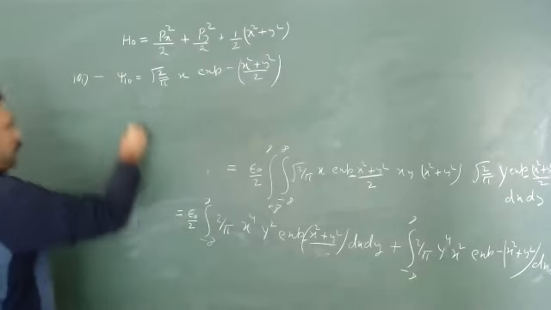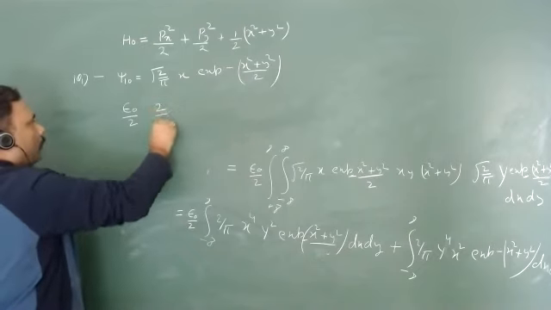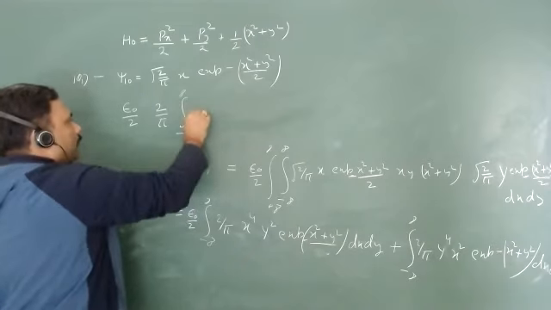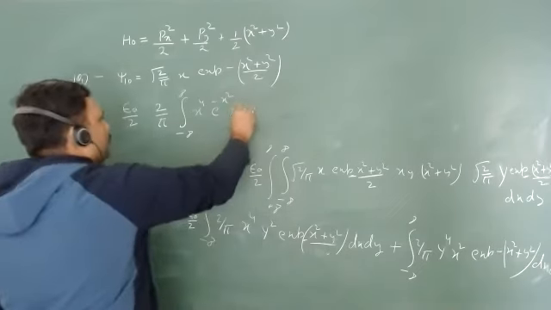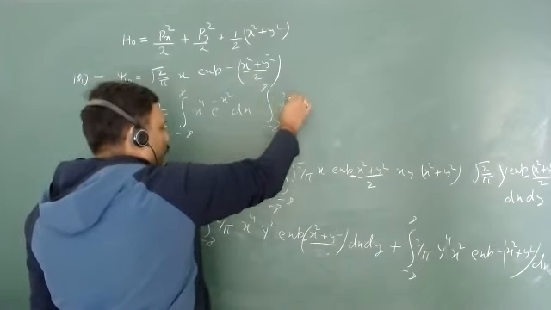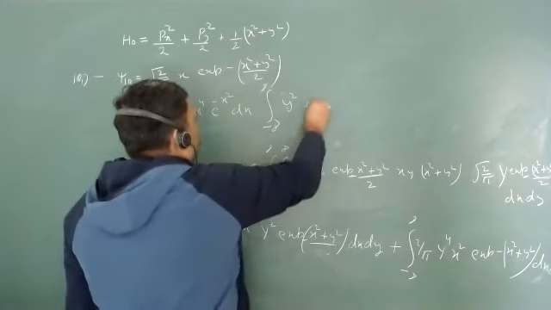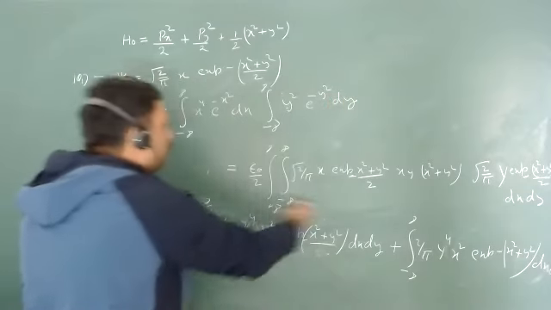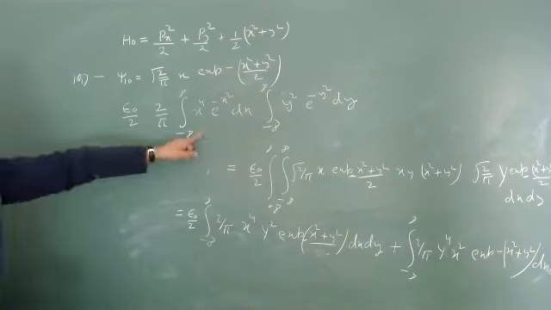So let us go for this integration. This is epsilon by 2. You have 2 upon pi integration minus infinity to plus infinity x to the power 4 e to the power minus x square dx, and we have minus infinity to plus infinity, that will be y square, and you will go for e to the power minus y square dy. So this is the value of integration, isn't it? Now you can easily use gamma integral. Yes. So what will be this value?